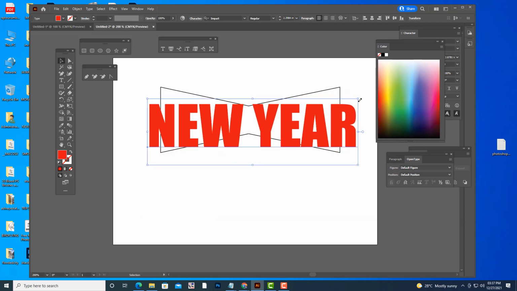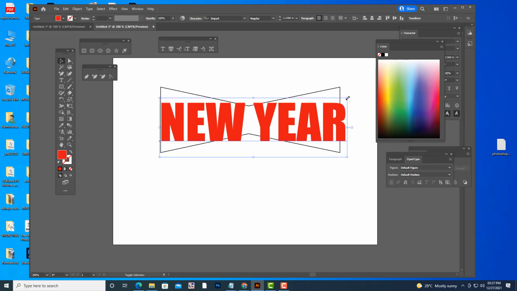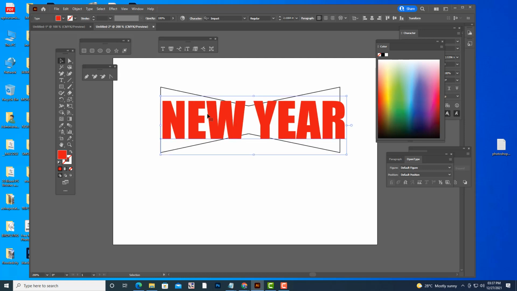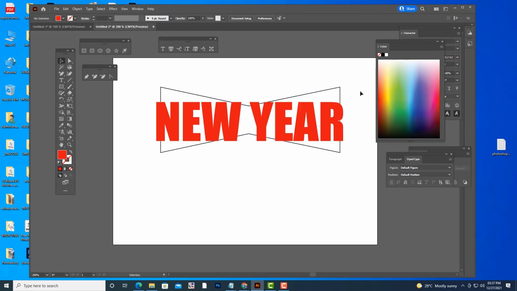Keep it over here. See now, the text should transform to that particular shape. Able to understand? The text should transform to that particular shape.